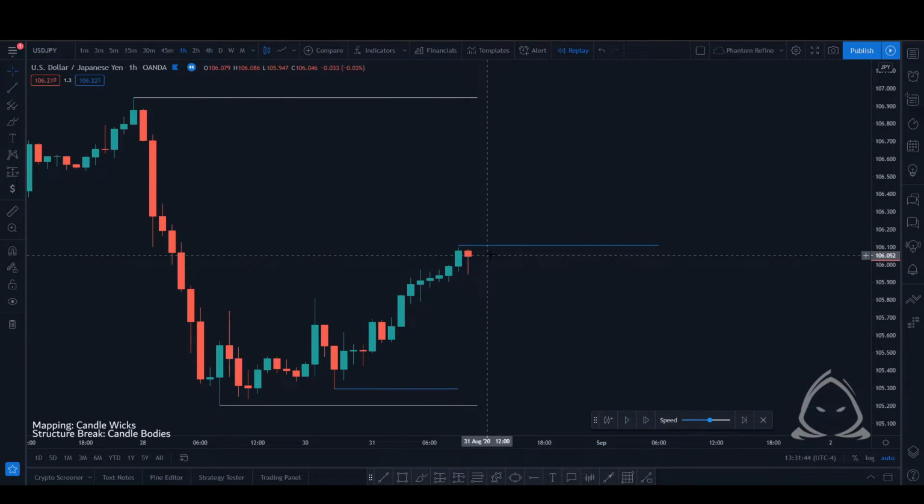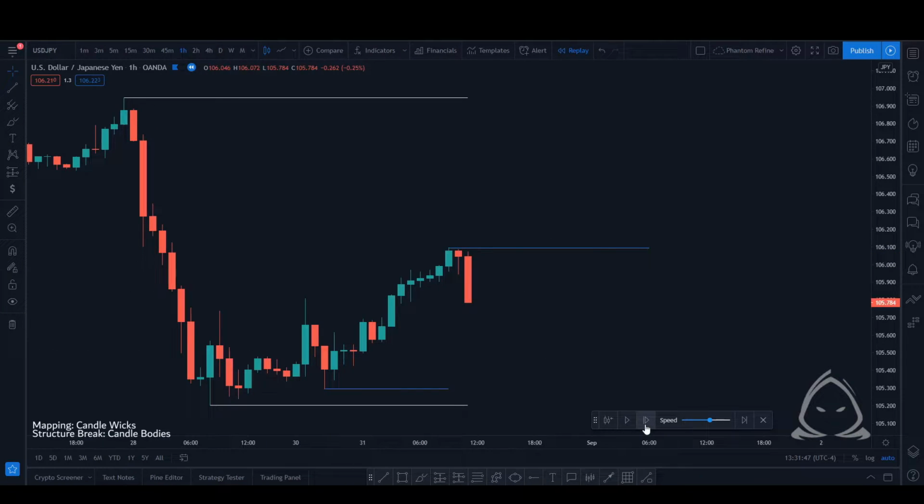We can see that we've created a true high here, and we'll see if we get a true pullback. Now, if we're looking at this little bit of price action right here, yes, we did pull back from the low, but this is all part of one impulsive leg. You can see that the highs are still being respected. We don't get a true pronounced pullback,